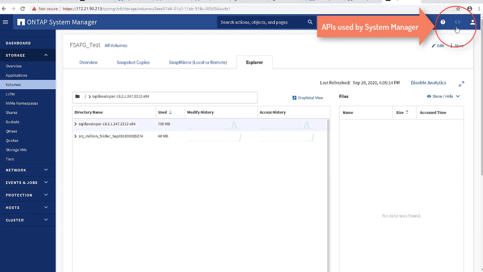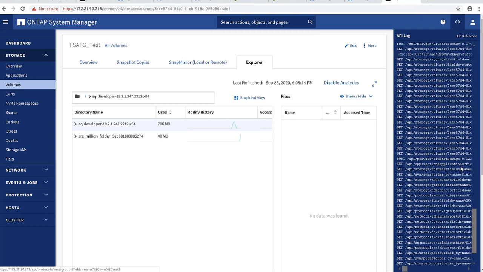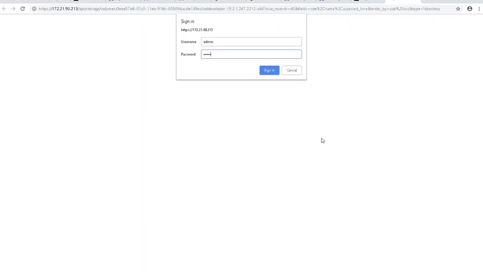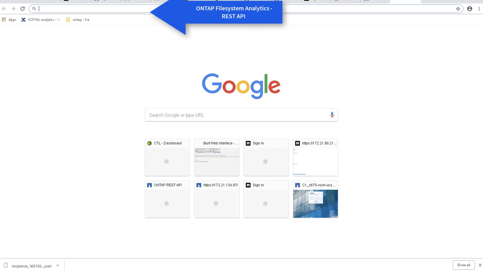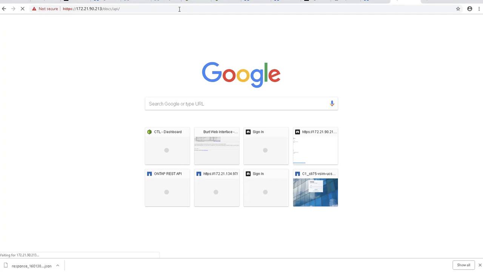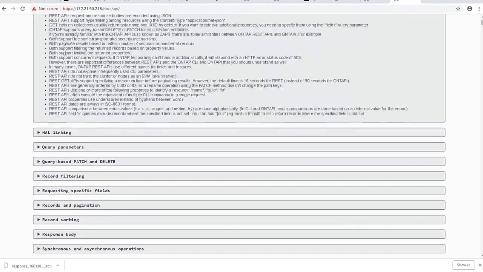In ONTAP File System Analytics, you can view the API calls through this button, and it shows how System Manager communicates with ONTAP File System Analytics. So this is the API call we used for the communication with ONTAP File System Analytics. Just an example. Okay, so now if you want to make ONTAP File System Analytics REST API calls, you can call this URL, and we also provide documentation on how to get started.